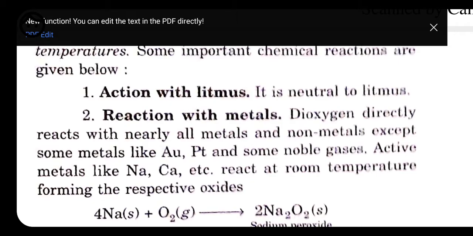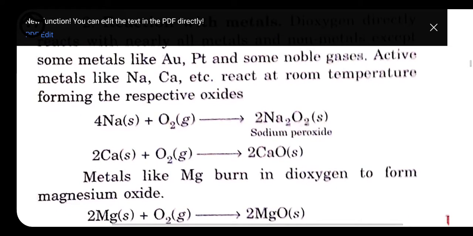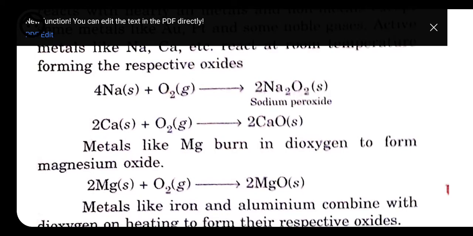Okay, so first see the reaction of sodium and oxygen. It will give rise to sodium peroxide, or calcium reacts with oxygen, then it will also give rise to its oxide. A metal like magnesium burns in dioxygen to form magnesium oxide. Here we have to burn it, meaning without burning it does not show reaction because it is less reactive than sodium and calcium. So here also the reaction takes place, but there is a need to